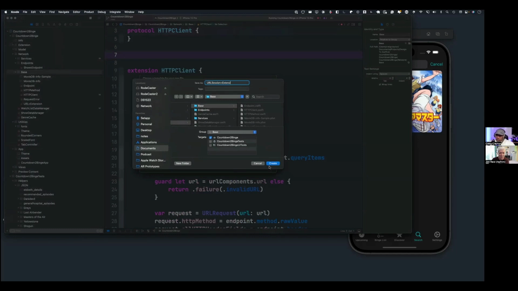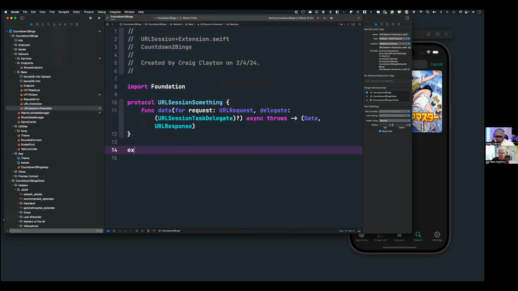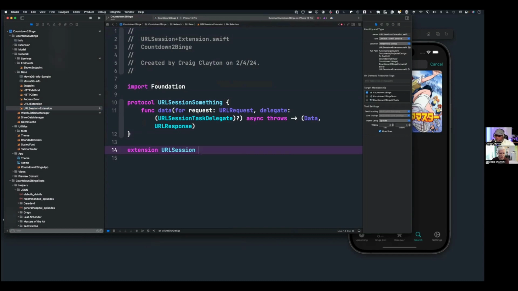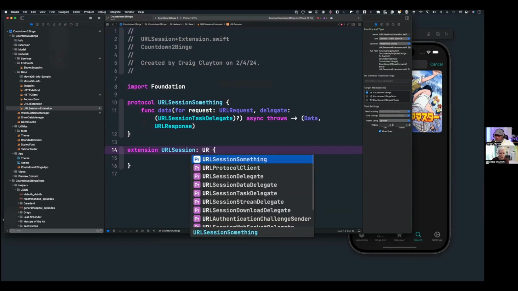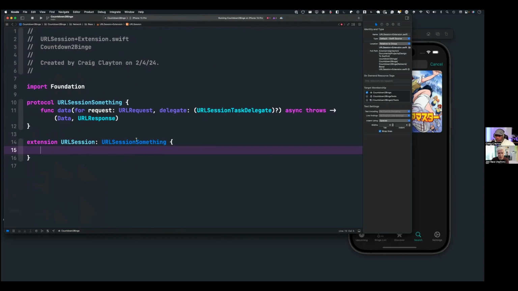Yeah. Nice. And have it conform to URLSessionSomething. And ta-da, that's it. That is the extension. Okay. What this lets us do is